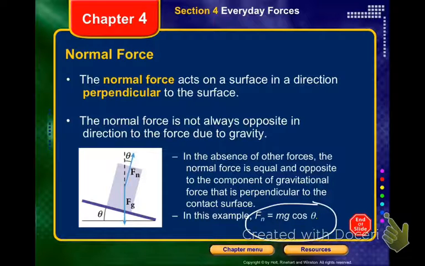Notice, if we were to continue to draw out that line, I'm going to do this in another color. This normal force right here, if you draw it out, notice it is at 90 degrees compared to where your surface is at. So you draw that line all the way to your surface, it is going to be at 90 degrees. The theta that you see there, that angle,